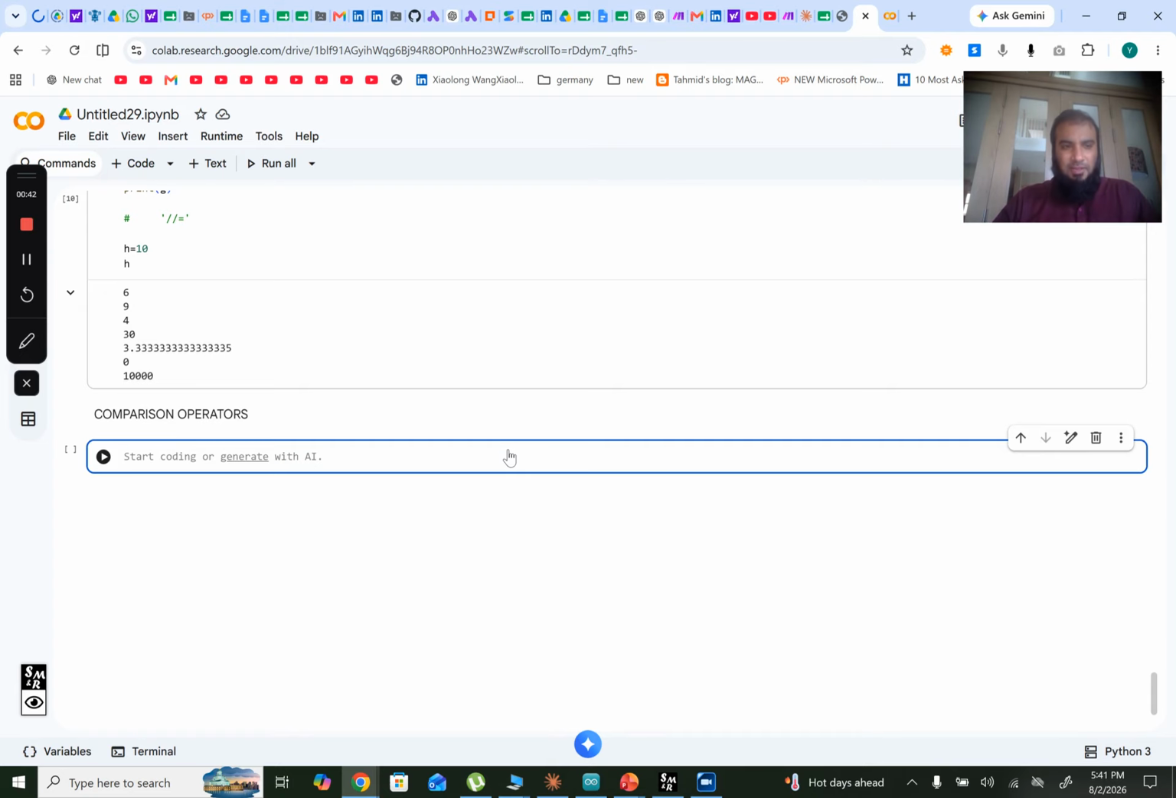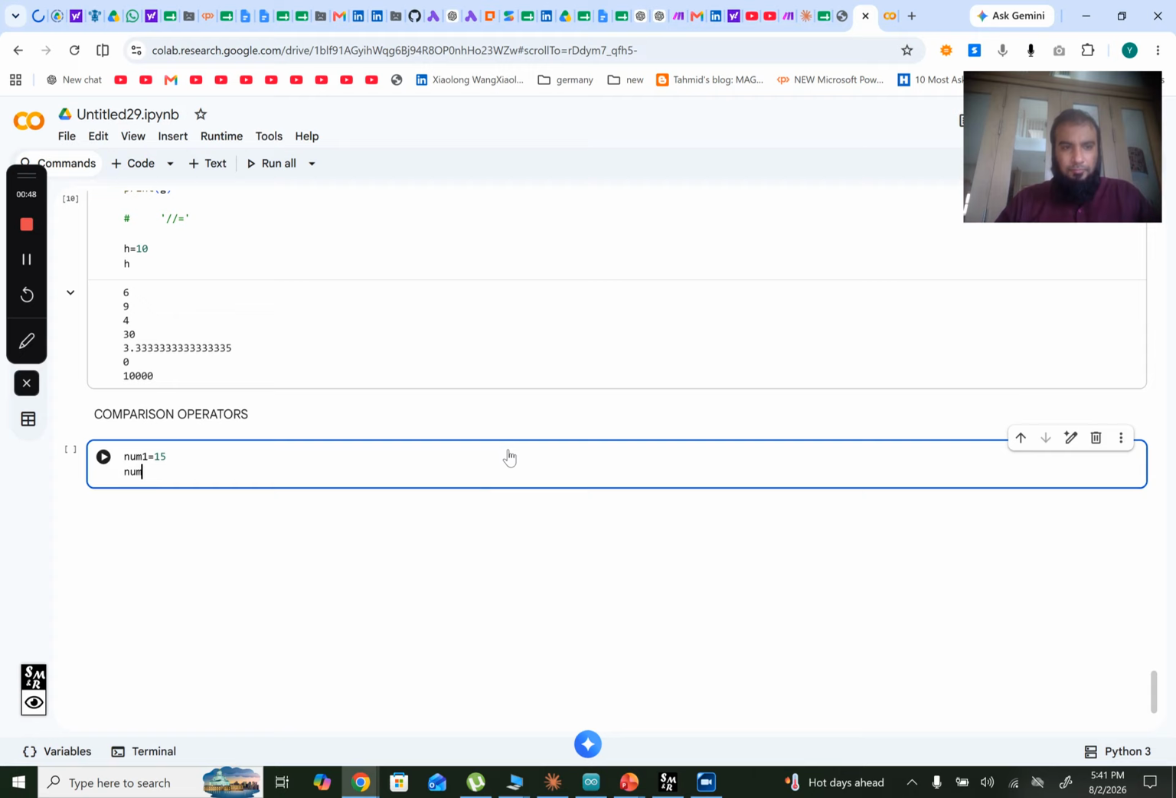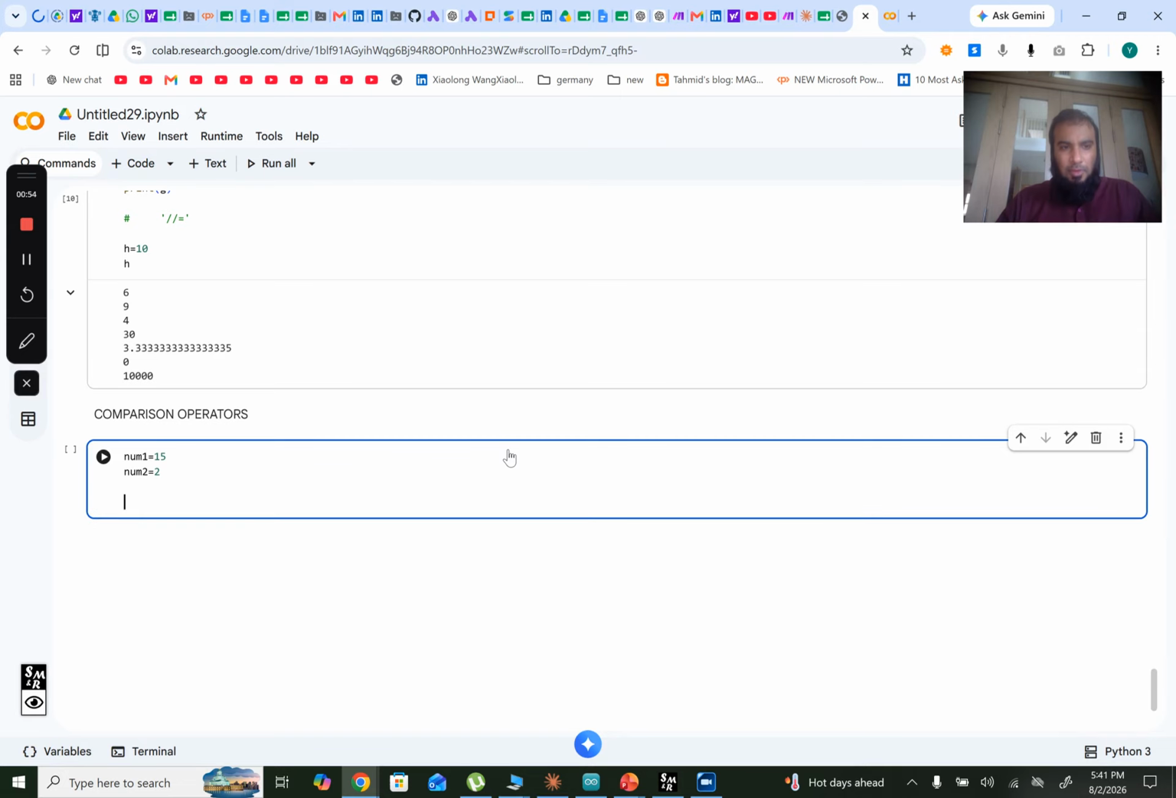First, let's write two numbers. Num1 is equal to 15, num2 is equal to 2. So the first operator that we're going to write is num1 equal to num2. We want to check if number 1 is equal to number 2, but we know that